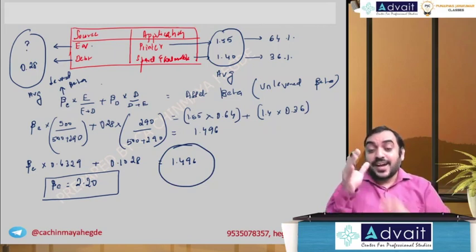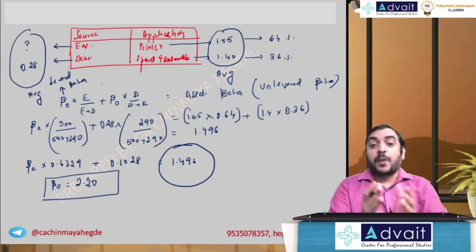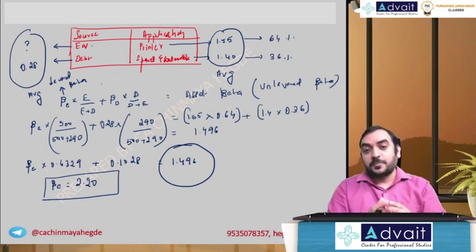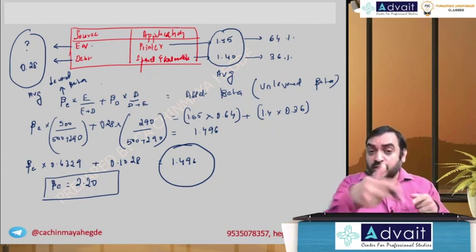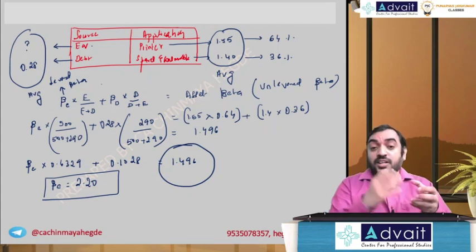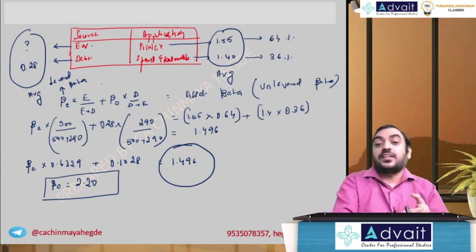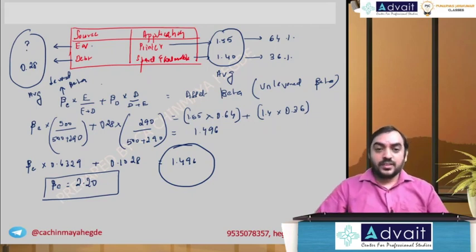That is why asset beta is called unlevered beta. You don't worry about capital structure, you don't worry about the leverage, you don't worry about the loan taken. Whereas on the liability side, when you change the composition, you see equity beta is going to change. That's why it's called levered beta. So the leverage will have an impact. That is why equity beta is called levered beta. I hope the structure is clear.